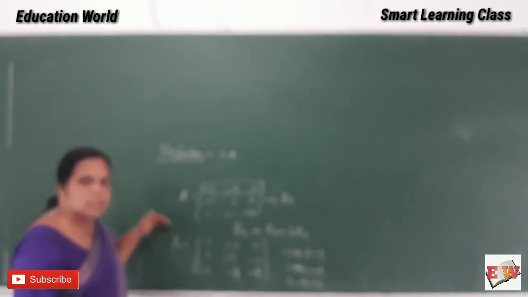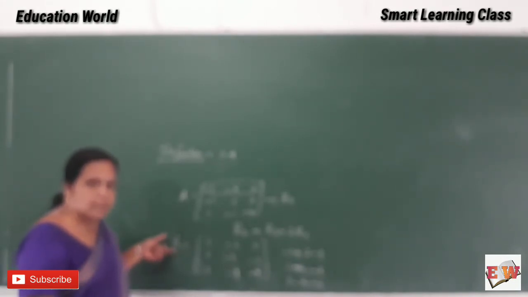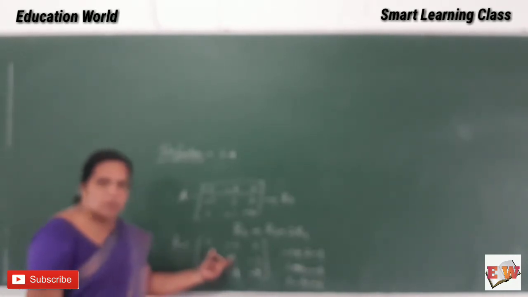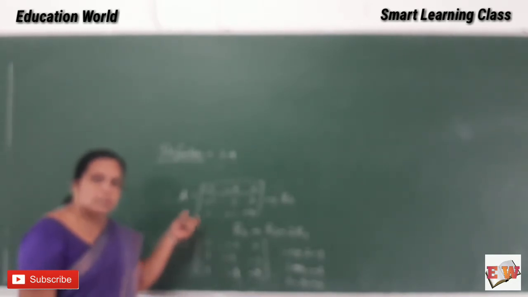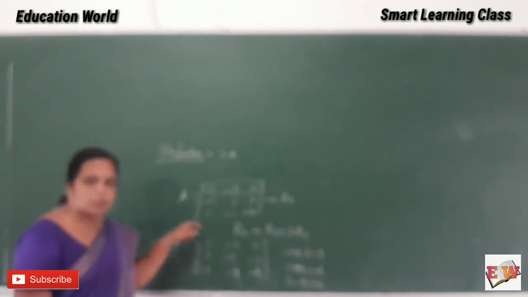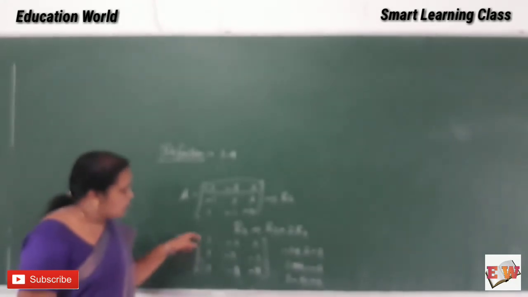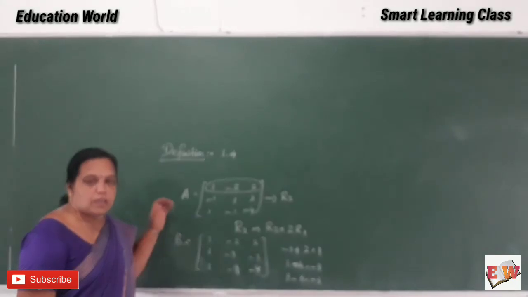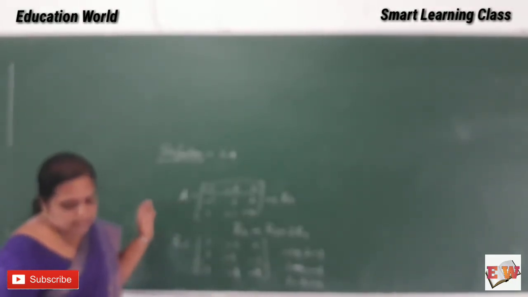What is the difference? We say the matrix B in which the second row is a transformation of the matrix A. How? The sum of the second row and a non-zero scalar multiple of another row, isn't it? So it is known as the transformation. A is equivalent to B. This can be represented as follows.